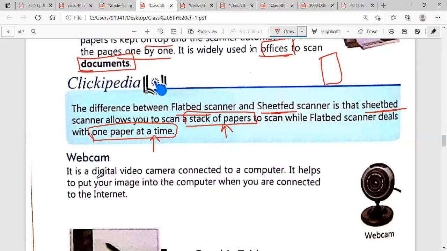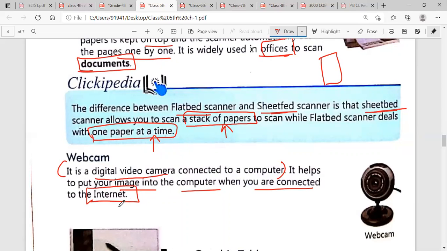Next is webcam. It is a digital video camera connected to a computer. Underline the first line. It is just a video camera. You can connect it to your computer. It helps to put your image into the computer. You just come in front of your webcam, and your image will be visible on a computer when you are connected to the internet.